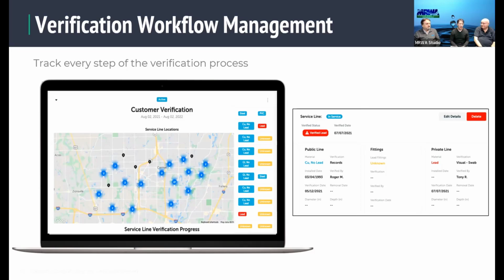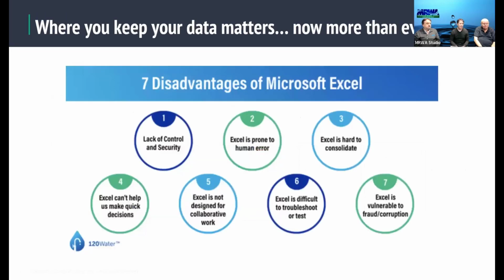And getting back to the whole Excel thing. Austin used a bunch of terms that I don't even know. I'm 57 years old. I do Excel. I can work with Excel, but a lot of it went over my head. So with the Excel spreadsheet, unless you're going to lock it all the time, there's going to be lack of control and security. Excel is prone to human error. If you have 1,000 lines down and they're 20 plus columns across, you might be off a line as you go to it. I'm not saying it's the worst thing, but there could be human error. Excel is hard to consolidate.